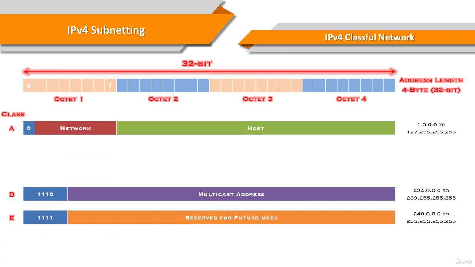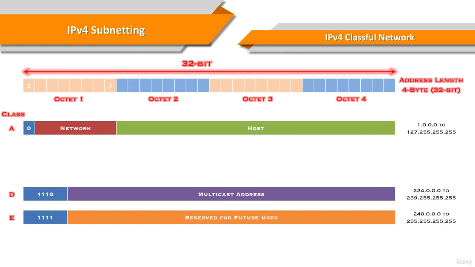In a Class A address, the first octet is the network portion. So Class A has a major network address of 1.0.0.0 all the way through 127.255.255.255. The next 24 bits are for the network manager to divide into subnets and hosts as he or she sees fit. Class A addresses are used for networks that have more than